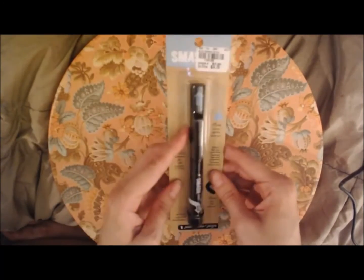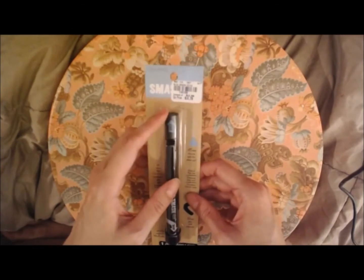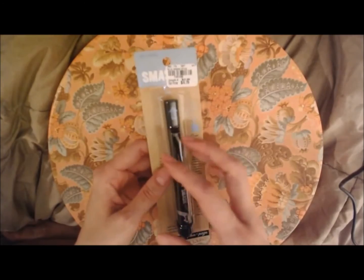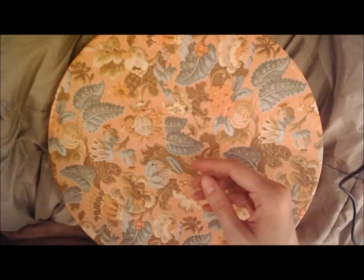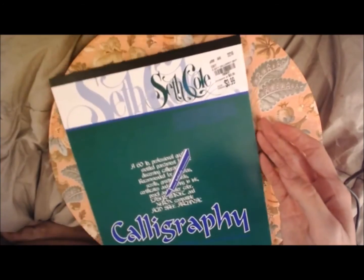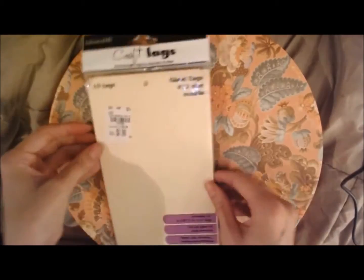And American Crafts is a brand that I've had some luck with. So next up is K & Company. They had a lot of their Smash stuff on sale, and I picked up one of their pens. This is a Seth Cole calligraphy pad. It's 60-pound weight paper, and it has a mottled effect is what it's called. It looks sort of speckled, and I thought this would be fun to try out calligraphy on and also use